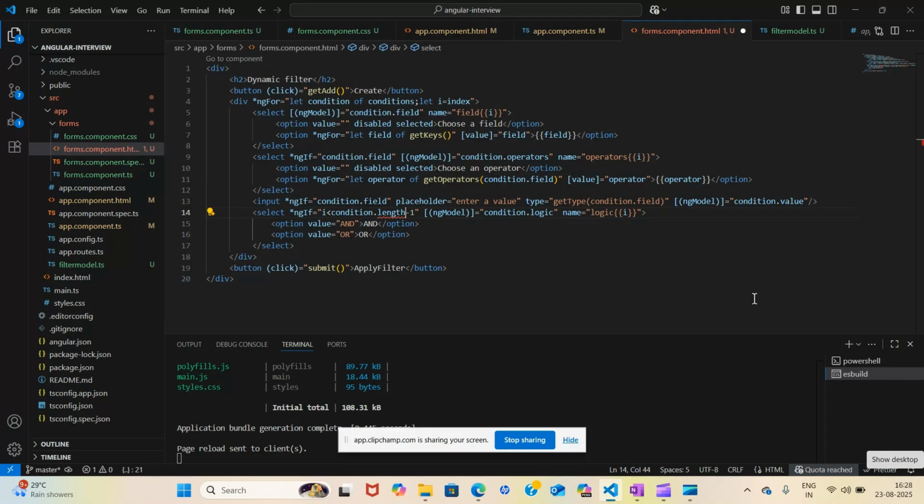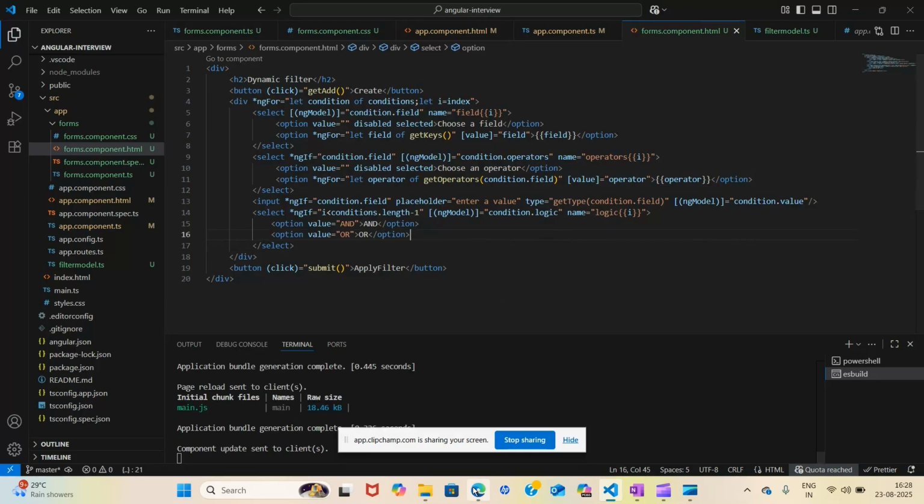Because we are iterating on the conditions array, it should be conditions, not condition. The length minus 1 considers your last row. If i is less than that, then only show. That means for the last row it will not show.